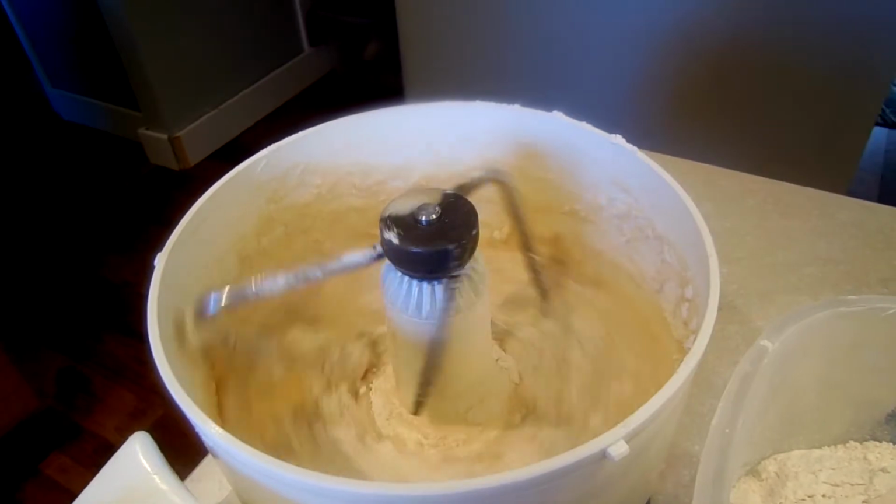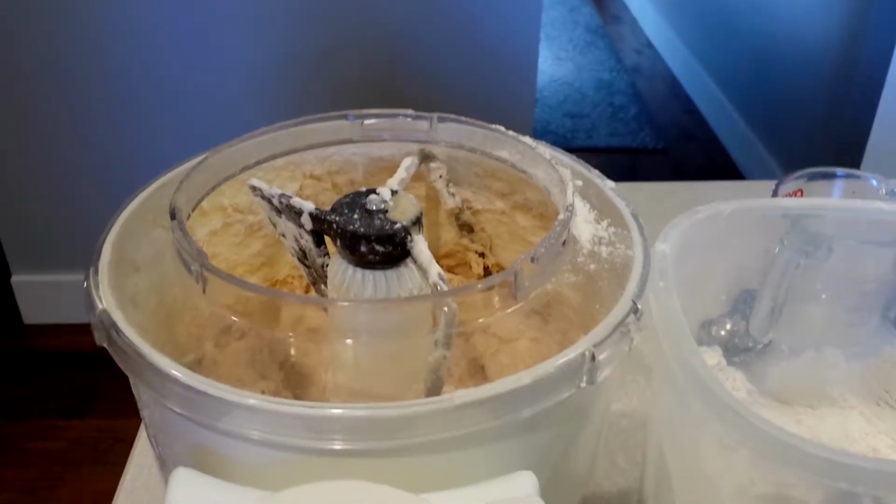Don't mind my messy pouring. I'm not left-handed and I was trying to film with my right hand, so that's why I'm making such a